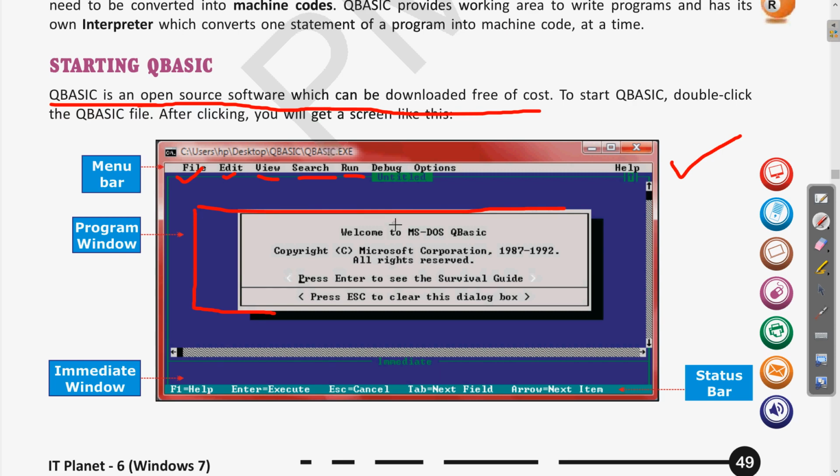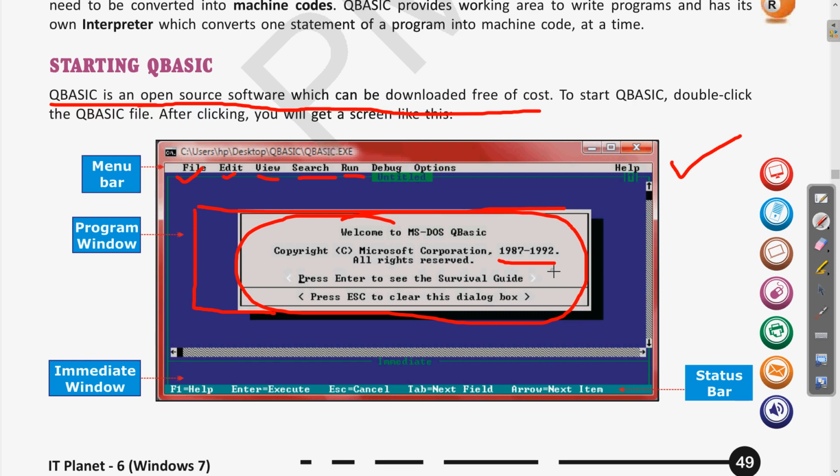Then the first welcome page, you can see this will give you the version of the software. It is written 1987 to 1992, as it was developed around 1991. So this is the message according to the version. QBasic also has different versions.